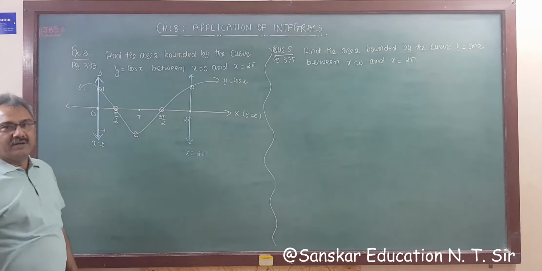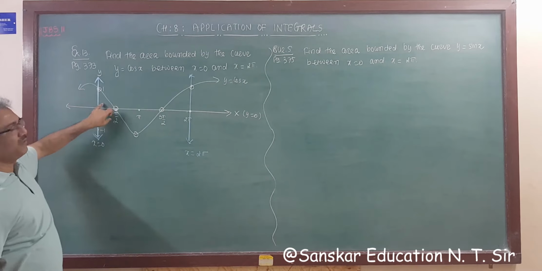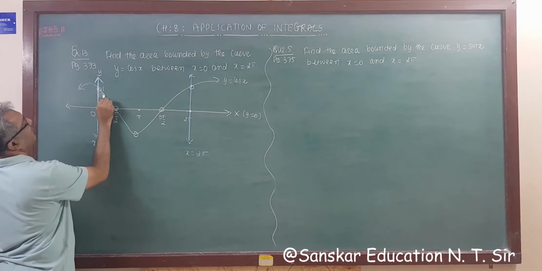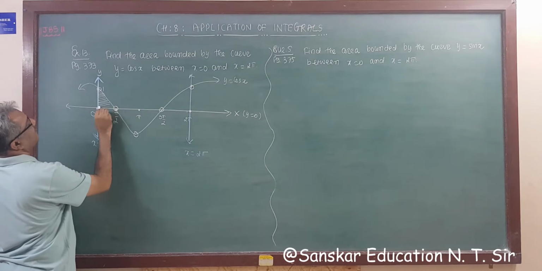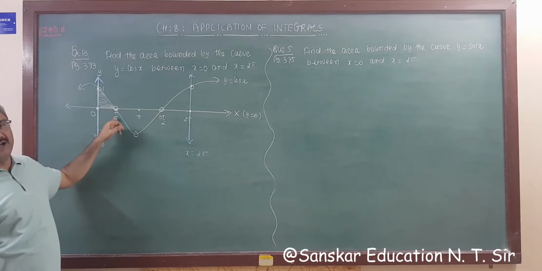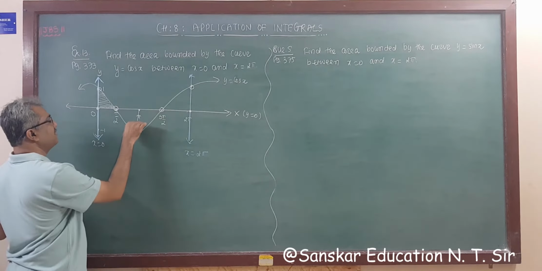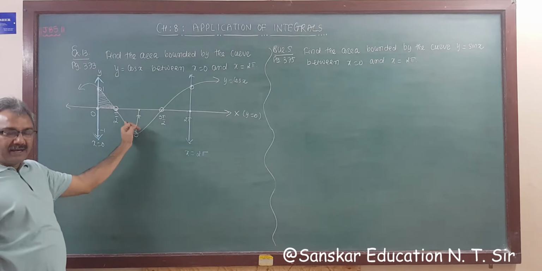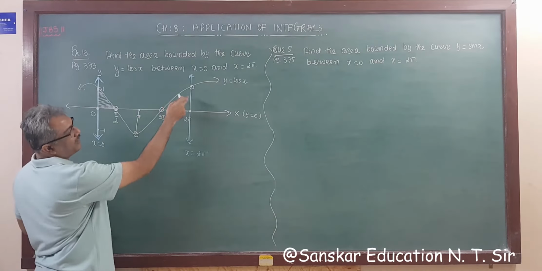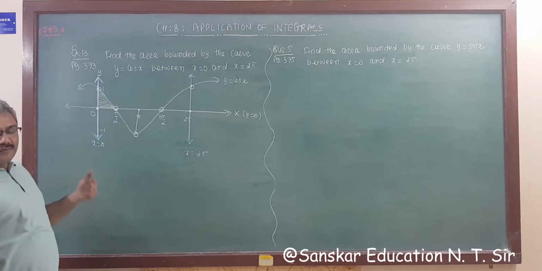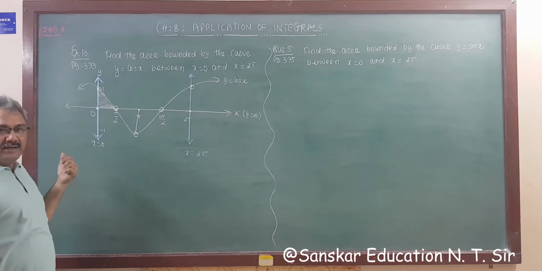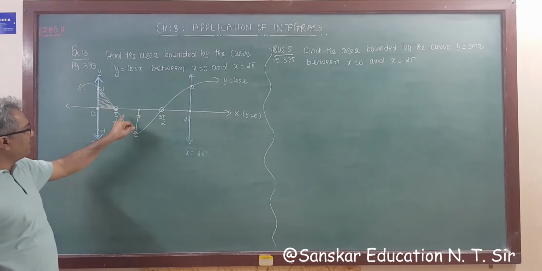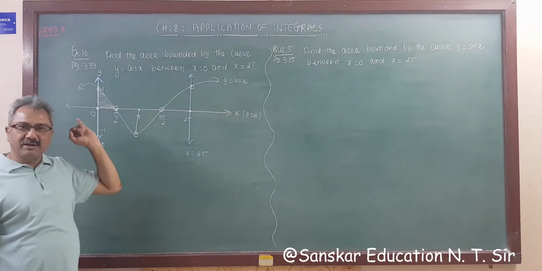As you know, the graph of the cos function is symmetric about the x axis. So the part from 0 to pi by 2 is equal to the part pi by 2 to pi, pi to 3 pi by 2, and 3 pi by 2 to 2 pi. So what we will do is find the area of this part of the first quadrant and multiply by 1, 2, 3 and 4, right?